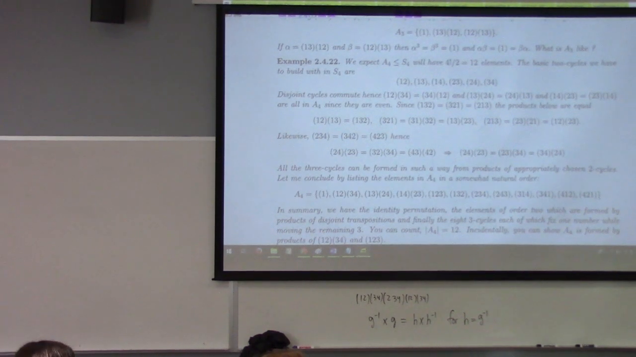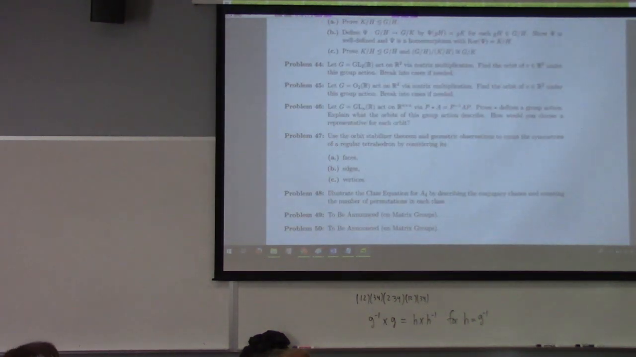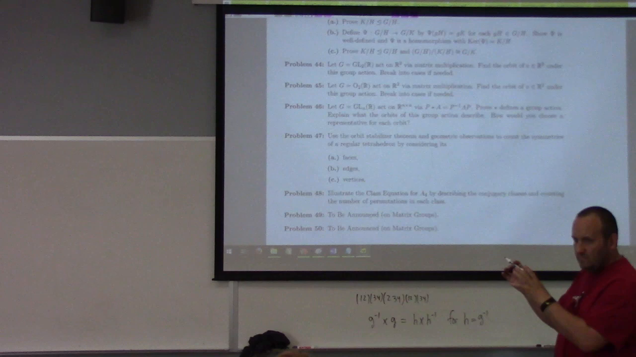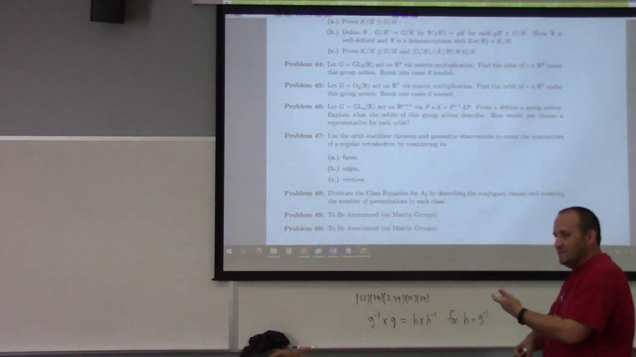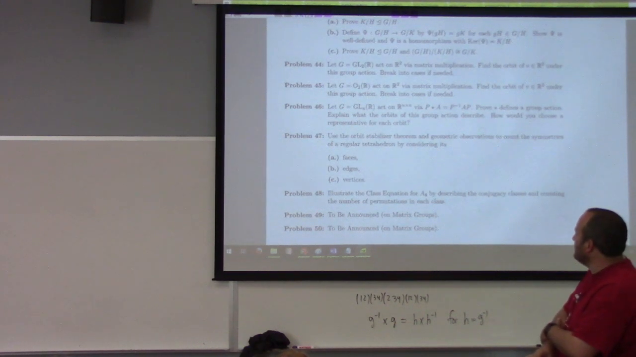Words. Or was that mission, what are we on? This one. So, yeah, that's not within a group, right? We're acting on n by n matrices. So it's a slightly different animal. I mean, it does look much the same, but